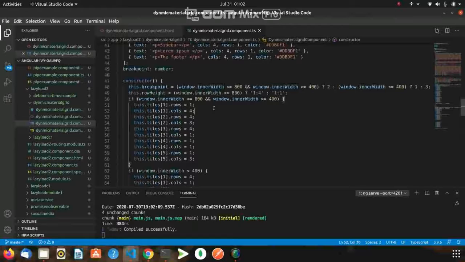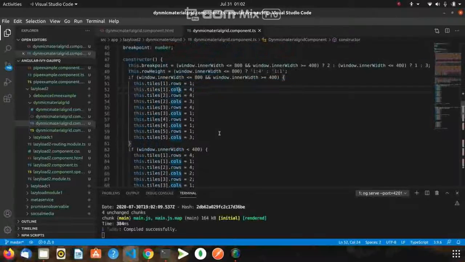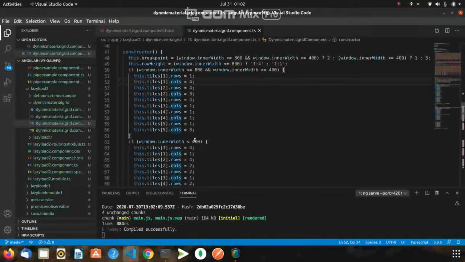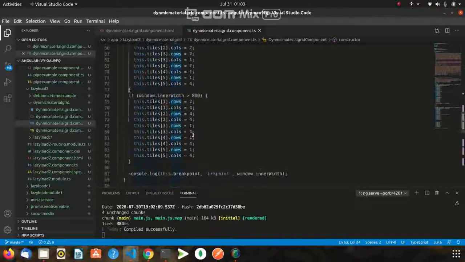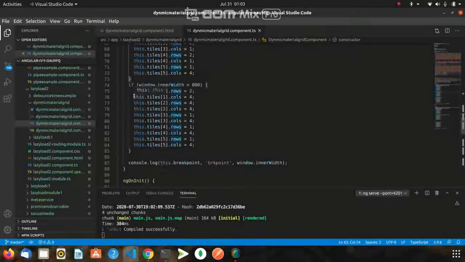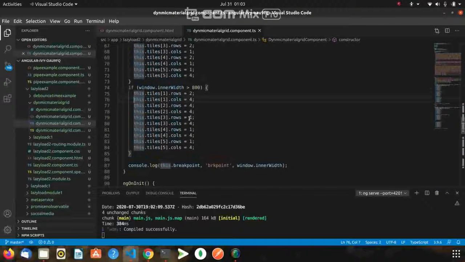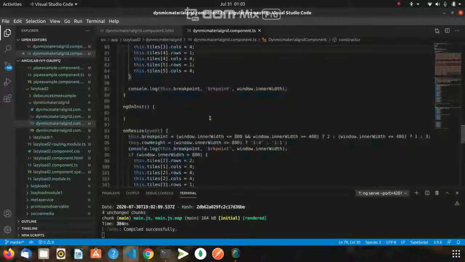When the pixel size is less than or equal to 800 and greater than or equal to 400, this satisfies these values. When the window size is less than 400, this satisfies these rows and columns. This is the type of matrix. And when the size is greater than 800, this satisfies these conditions.